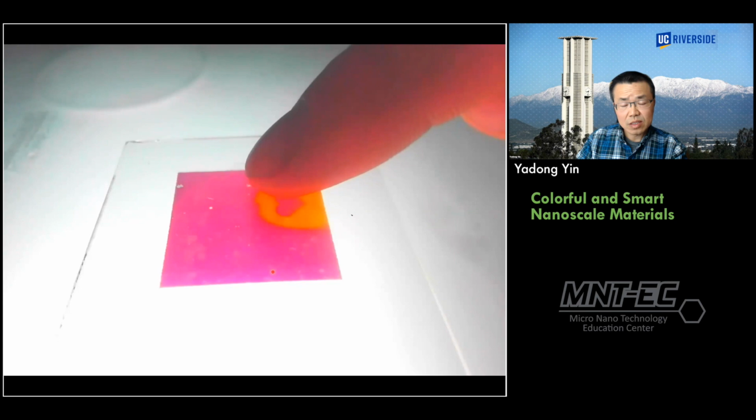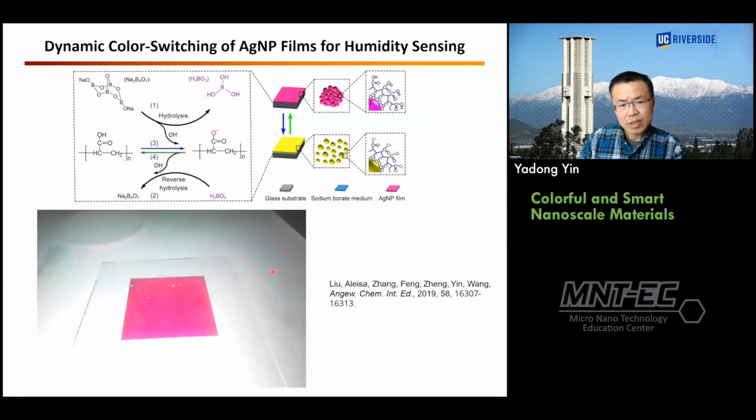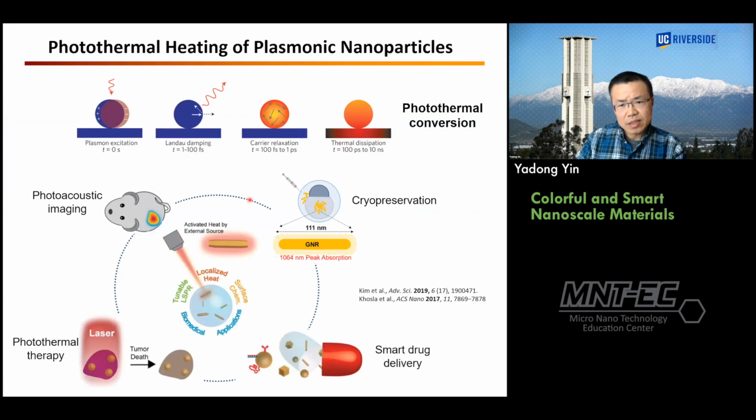Okay, and so this shows very sensitive humidity sensing behavior. Okay, and Aziz actually mentioned that these particles can be used for photothermal therapy, and that's because there's an energy conversion process. When the light illuminates the particles, we said they have absorption, they have scattering, right? So the light absorbed by the particles is actually converted into heat, and so the particles can become really hot,